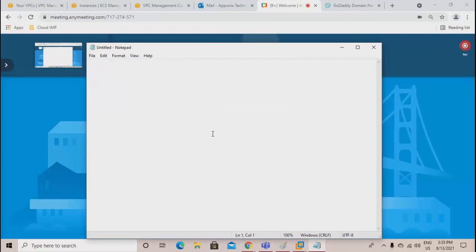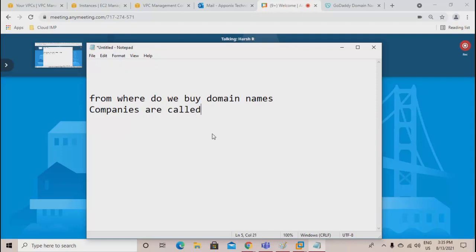Now, from where do we buy domain names? Okay. Companies are called domain registrars. For example, GoDaddy, AWS, Azure.